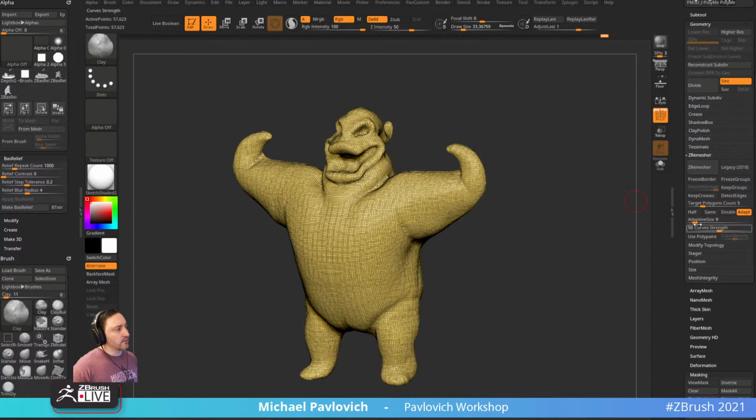So if you're doing chainmail, you probably want to drop this down to 0 or turn adapt off. But I'll keep it up just a tad. Target polygon count of 5 is fine. We have X symmetry on, so it'll be a symmetrical mesh. And